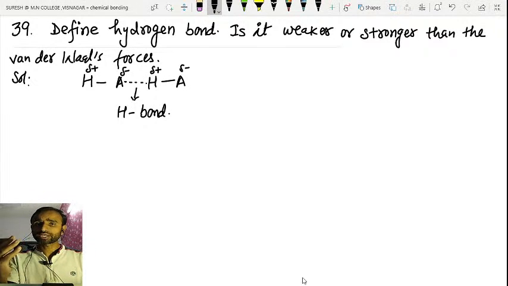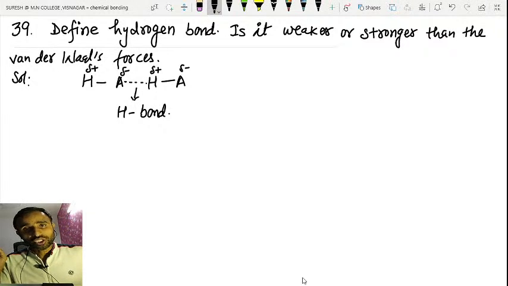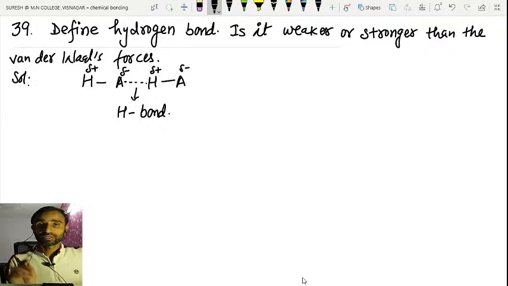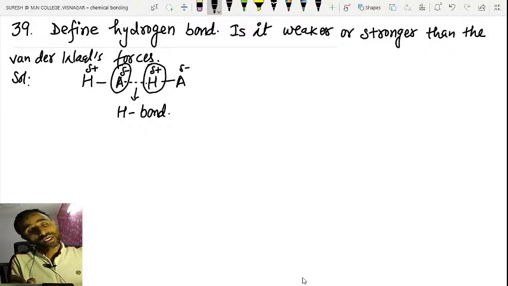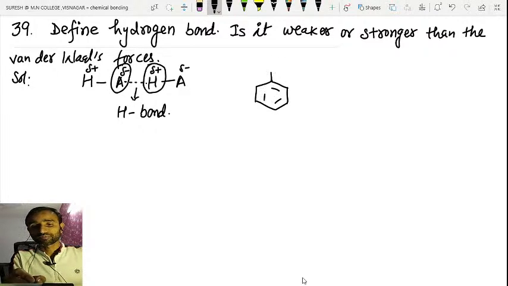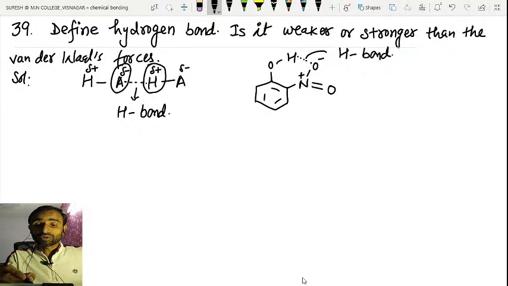This is a special case of dipole-dipole attraction. Hydrogen bond is a special type of dipole-dipole attraction where one of the atoms is always hydrogen, which interacts with another atom of the same molecule or a different molecule. Like we have ortho-nitrophenol. So they form hydrogen bond, intramolecular hydrogen bond, right? So hydrogen of one molecule and another atom of the same molecule or a different molecule,